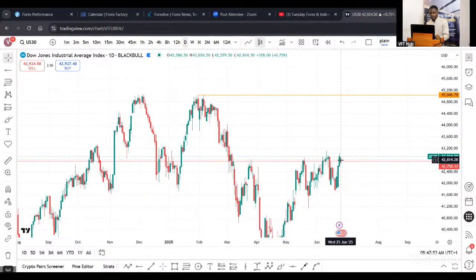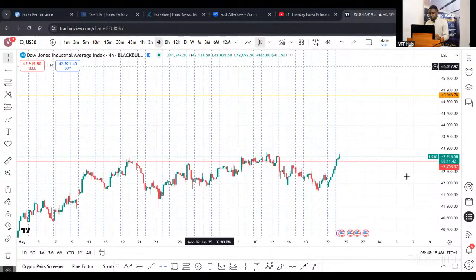So I want to see price give us that strong bullish candle to the upside, which we have been looking for the past how many months now. We've not seen that. What we've been seeing around this zone is rejection, but I believe this is the fourth touch, so we should most likely see that bullish push to the upside. Even the candlestick is giving us a semblance of that.